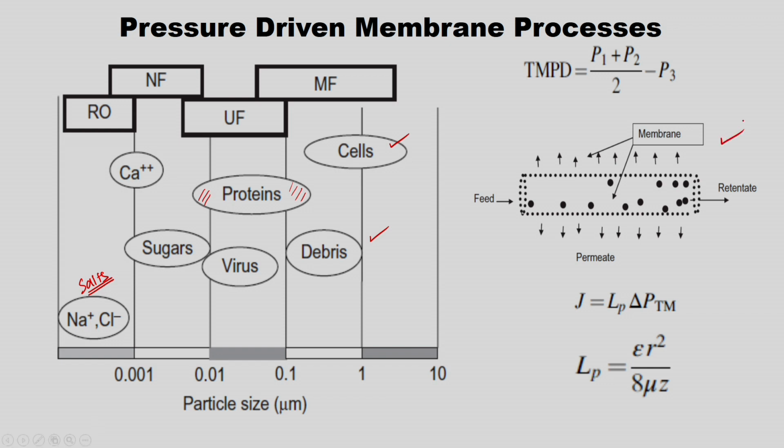So, here is the tangential flow membrane process. You have a feed here. This is the membrane surface, and your permeate is permeating through the membrane surface. The retentate stays inside the membrane, that is retained, and is collected later. If you see, the feed is flowing parallel to the membrane, and your permeate flow is the cross flow, that is perpendicular to the membrane surface.